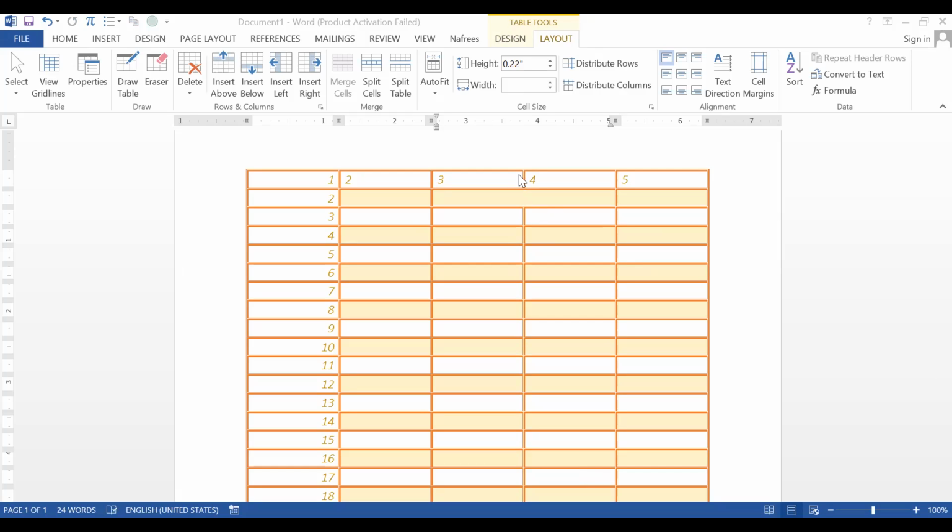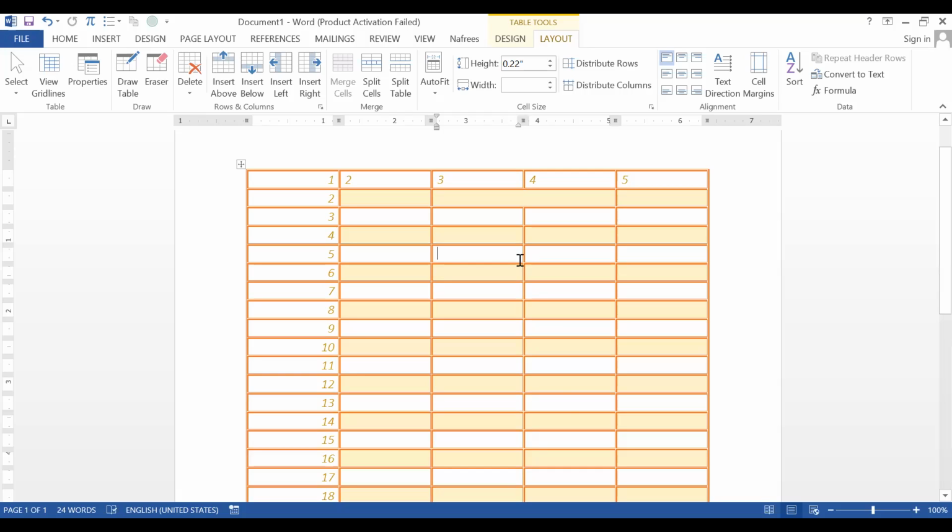But the other part, this one, split cell. Let's say you want to divide a single cell into multiple cells. For example, take this one.